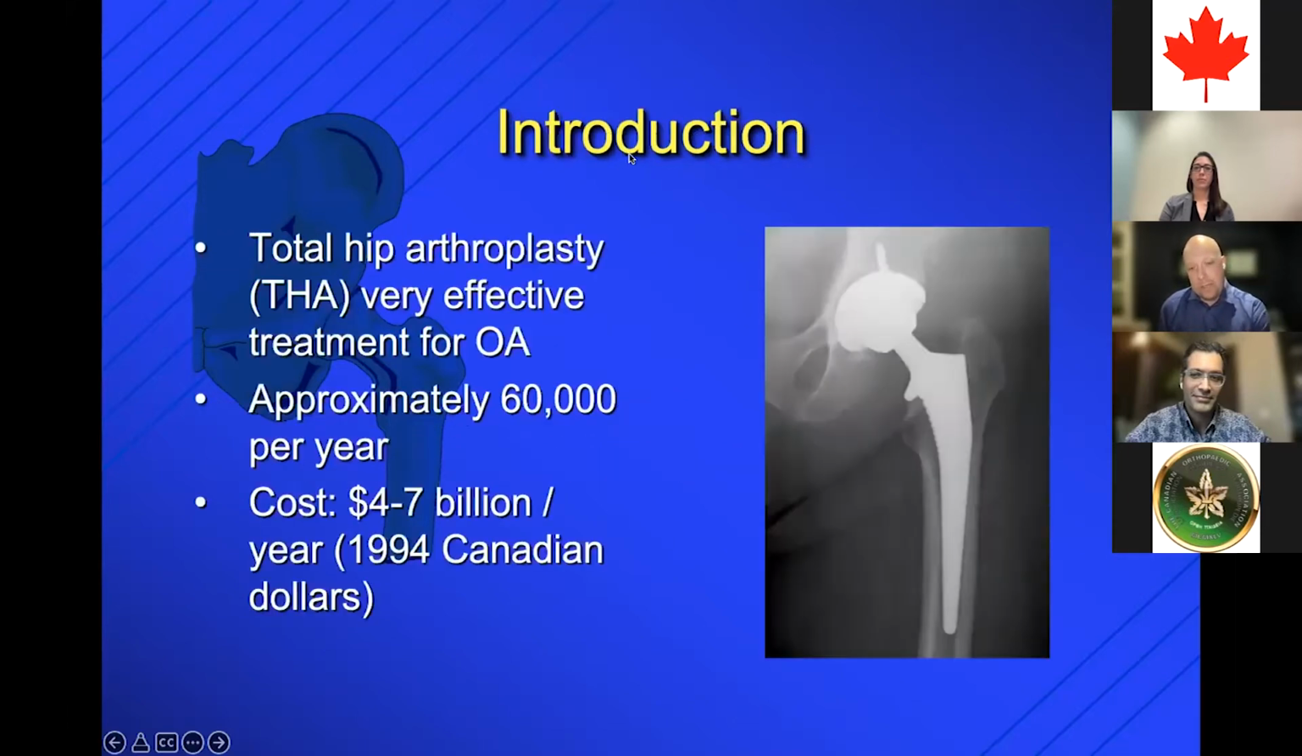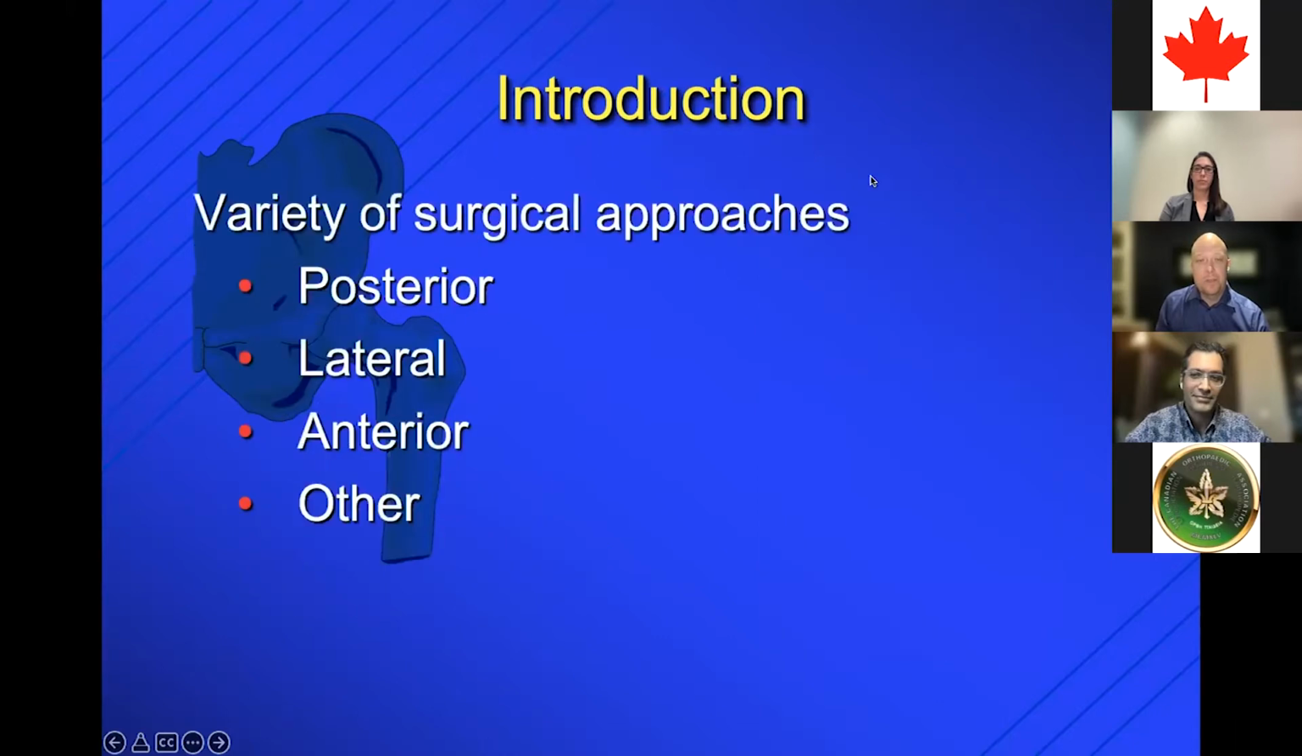So I'm just going to try to set the lay of the land a bit for our speakers. We all know total hip is a very effective treatment for OA. We're up to over 60,000 cases a year done in Canada, with a significant cost to the healthcare system. We all know there's a variety of surgical approaches, and I would imagine most of us on the webinar tonight